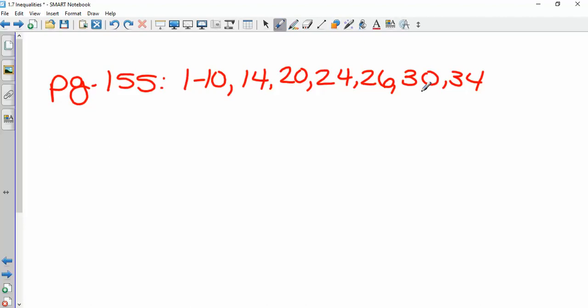I'm not giving you any of the quadratics on your homework tonight. We're picking up with the quadratics tomorrow. So this assignment, I'm going to add to it tomorrow, and then we'll turn it all in on Monday. The first 10 are matching questions, and then you've got some linear